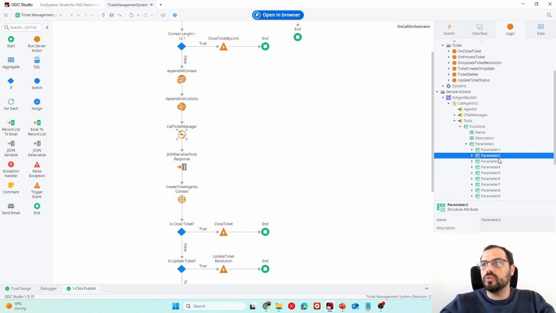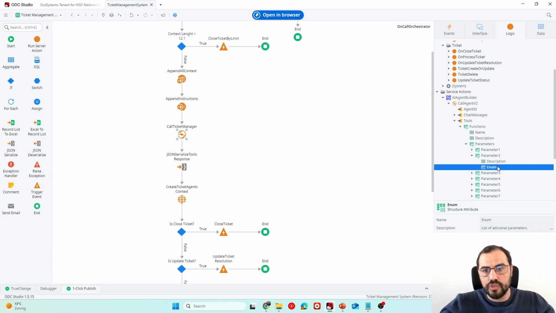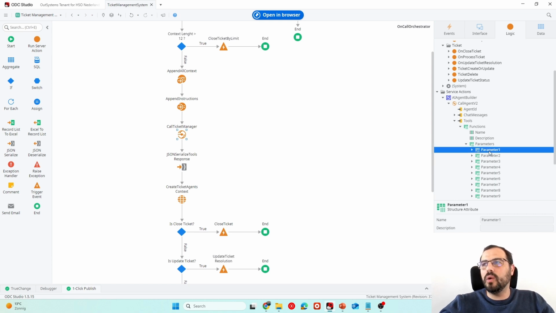In this case I would call it, for example, the expert. And inside we can make a description saying you should put here the value of the agent you want to call, and OutSystems also allows you to define the possible values they can have. And for example, in here I use this to say which agent he should choose. Okay, so this is a workaround that the OutSystems team found to